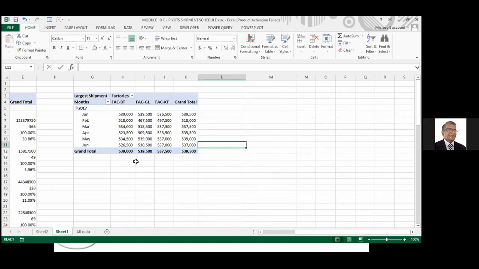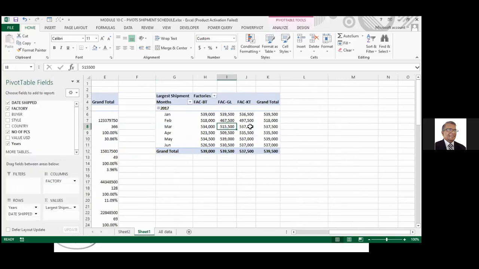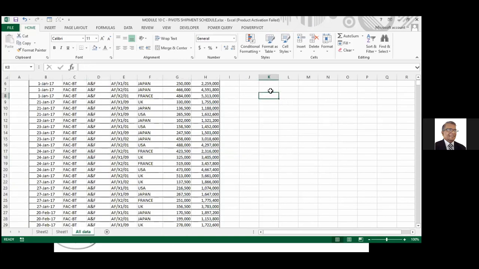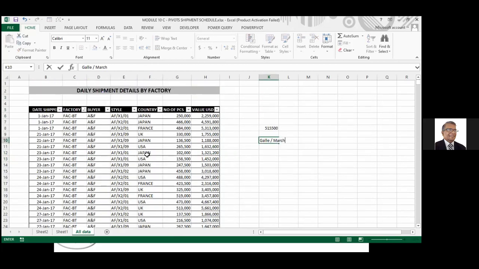Let's see whether it's correct. Gall factory March, it says 515,500. Gall March, largest is this. Go to data. Gall March, right? 515,500. No, that's amount. Let's see how to get it from here. Filter it.